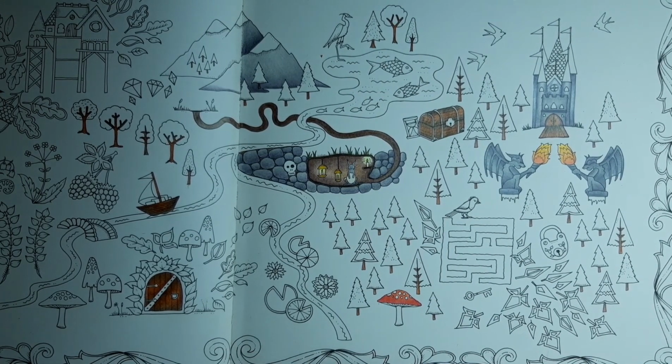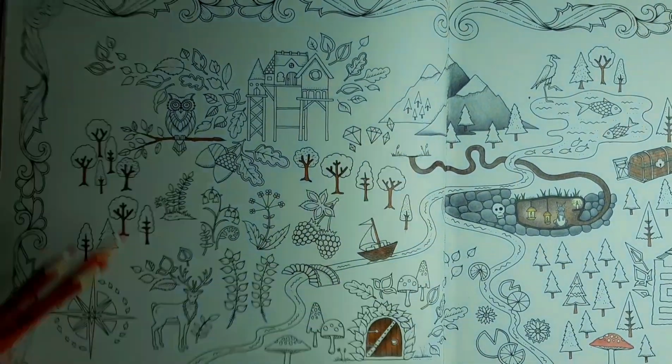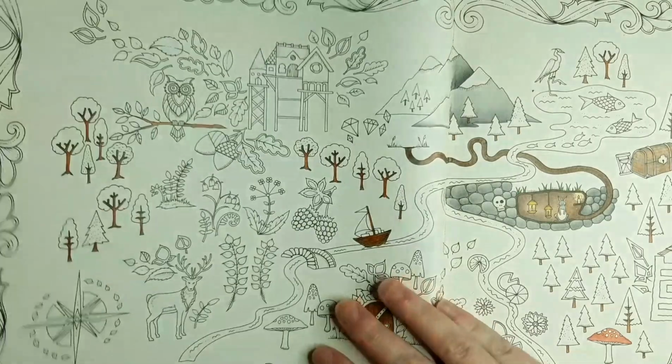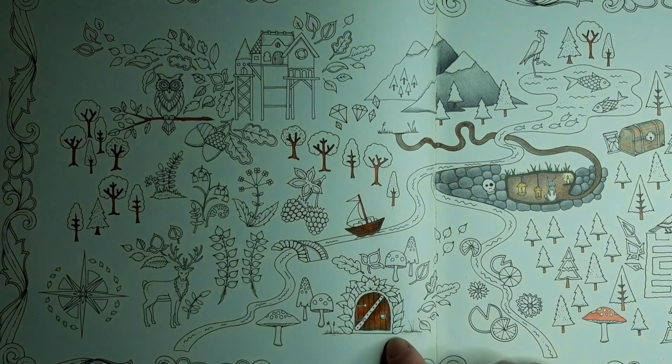My next question that I need to answer is one picture at a time or multiple. Now I do tend to have multiple pictures at a time. I'm going to take this paper over here. Just going to flick onto this side. Hopefully you can see where I am. I want to do this stone around the door because